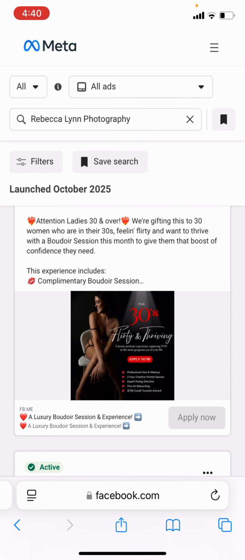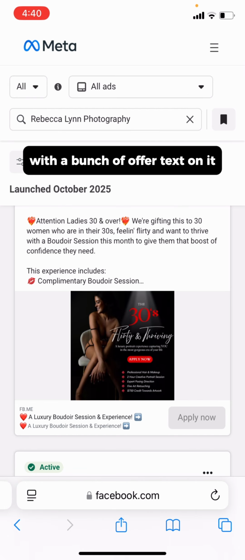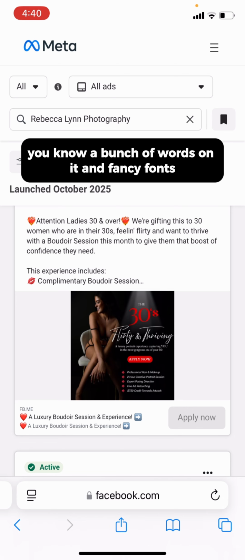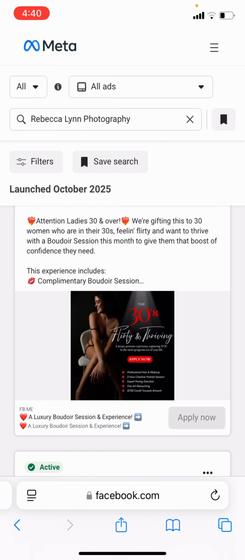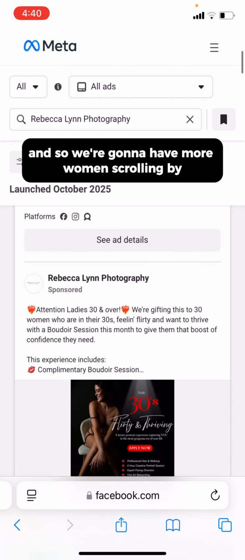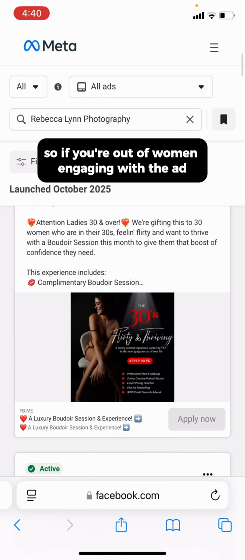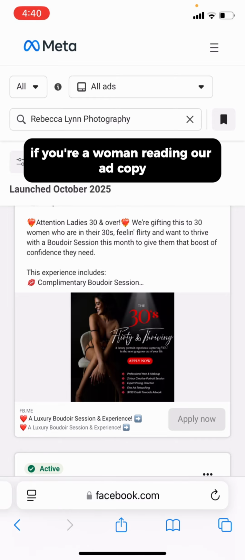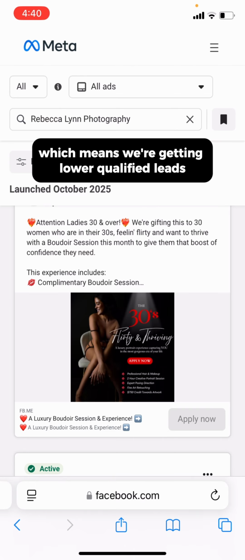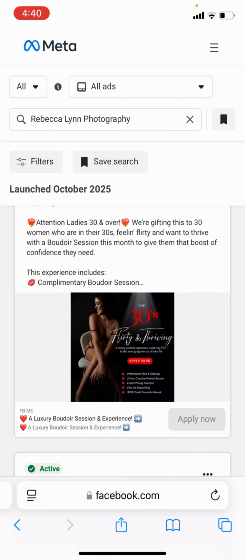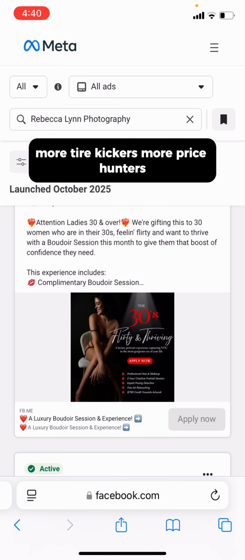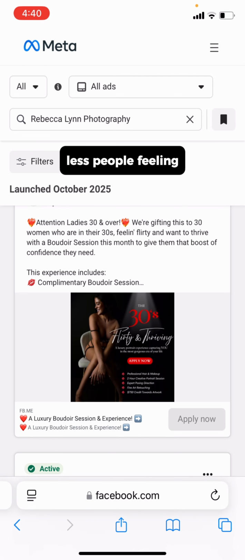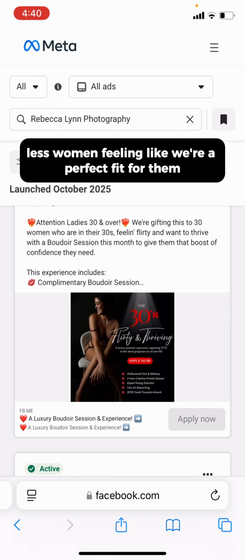No organic posts look like this with a bunch of offer text on it. No one's posting their dog with a bunch of words on it and fancy fonts. No, they just post the dog. And so we're going to have more women scrolling by, so fewer out of women engaging with the ad. Fewer women reading our ad copy, becoming pre-qualified, which means we're getting lower qualified leads, less qualified sales calls, more tire kickers, more price hunters, less women feeling like we're a perfect fit for them,